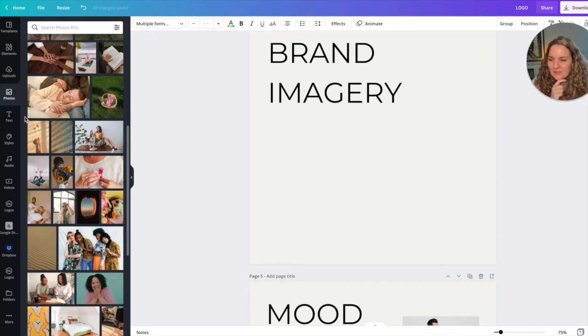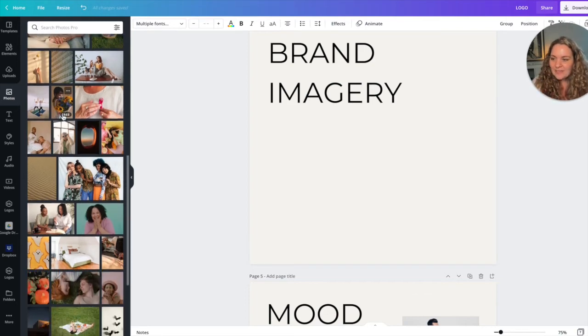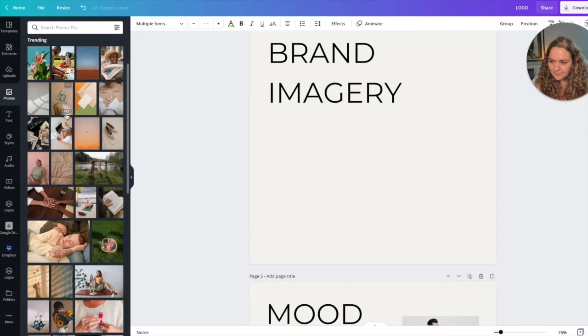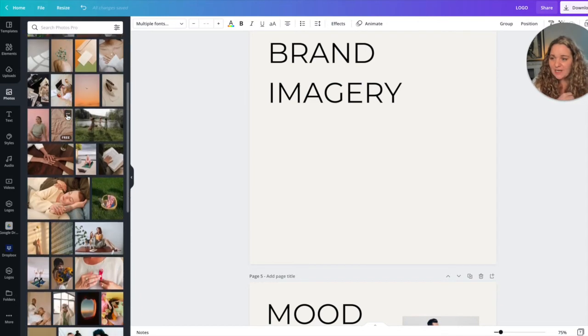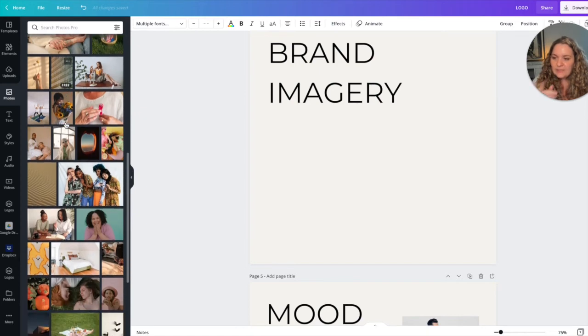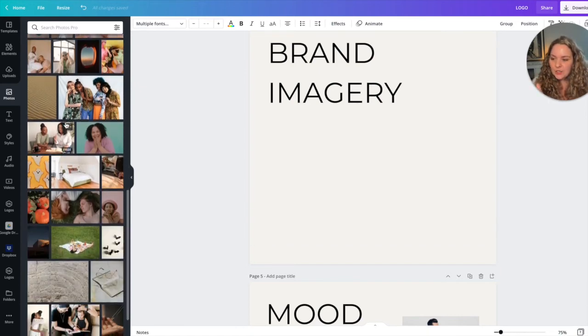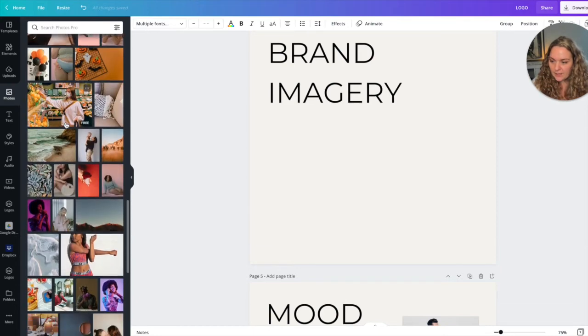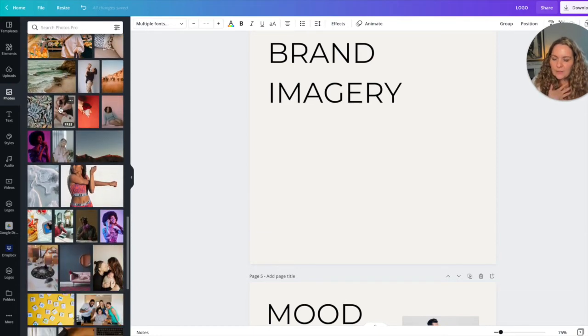And I'm going to show you a little trick. So when you're in Canva, I want you to go through the trending photos here. It's just the easiest place to start. And then you can select one that you really love, that you think represents the look that you're going to be going for throughout all of your marketing. So I'm thinking, you know what, I really like this one. It's soft, it's feminine, it has like that boho chic feel almost, but it's a little bit less boho chic